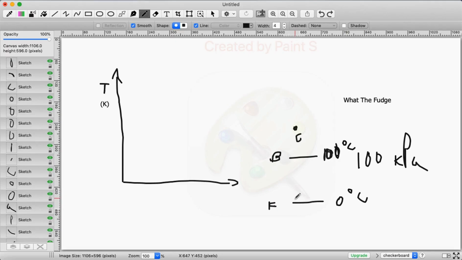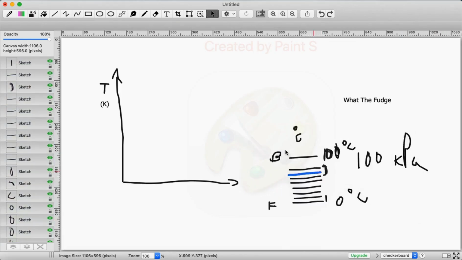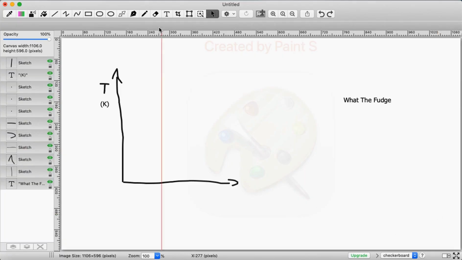And then he made equal increments along the way, so that each degree is the same difference. It's not like from 1 to 10 it's one thing, and then once you get to 10 there's a jump in the actual difference in the amount of temperature. He didn't do that. He made it constant. So it's 1 degree each, 0 to 100, and he made 0 the freezing and 100 the boiling of water at 100 kPa. So that's what Celsius is. The Kelvin is more